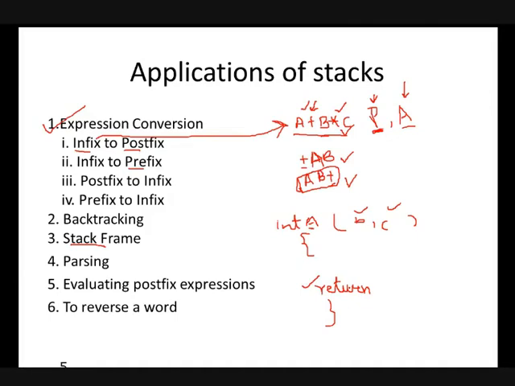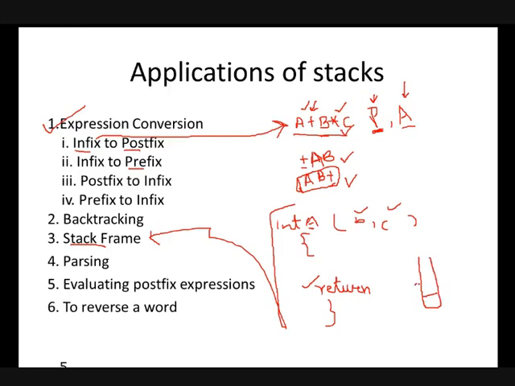Okay, so all these memories are stored in the computer with the help of this stack frame. And this is the application of stack frame. What a stack frame basically does is, whenever you call a function, the complete space required by that function will be stored in a stack. And what are they?